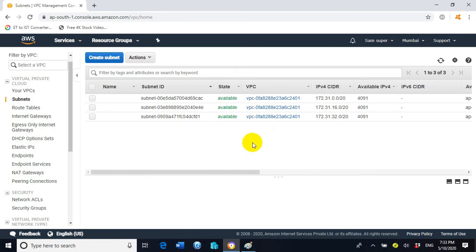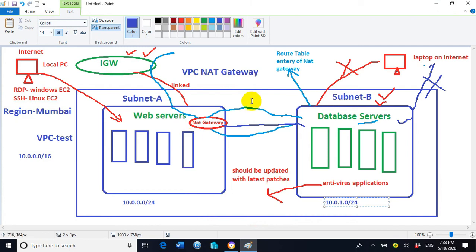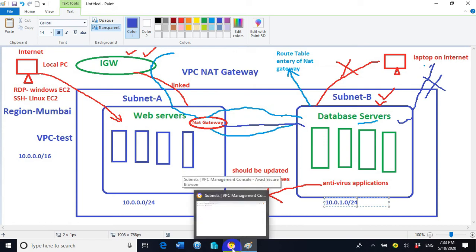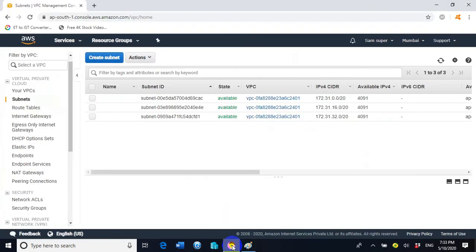It doesn't matter if I go with the same name my subnet. It will not affect the lab exercise or the working of the lab, but I want the lab exercise to be similar to the diagram. So that's why I deleted it. And you also understood one more thing here, how we can delete a subnet which we have already created. So it is good that you understood one more point, how to delete a subnet.